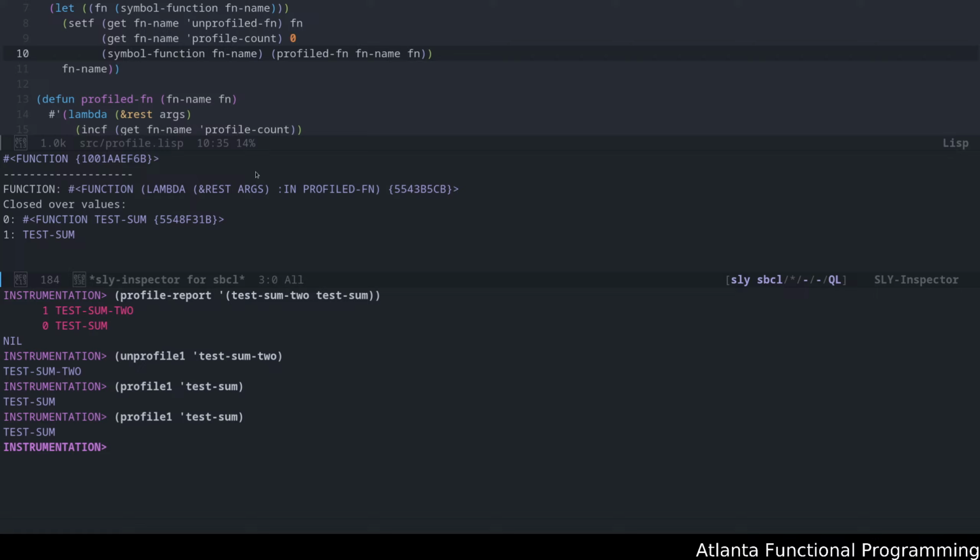The only way to ensure that the redefined function continues to get profiled is essentially updating, at the function definition time, to look for functions that were and should be profiled, and then attach the profile information or profile macro to them.